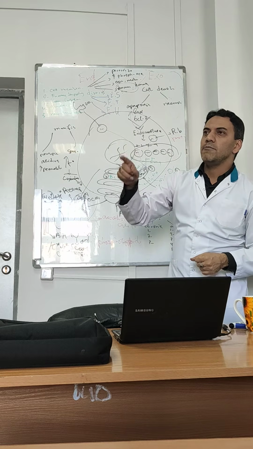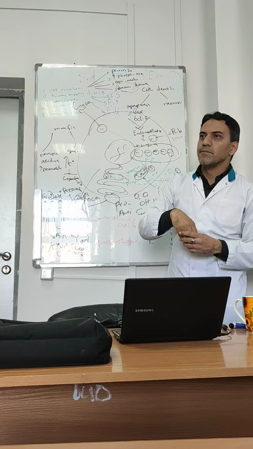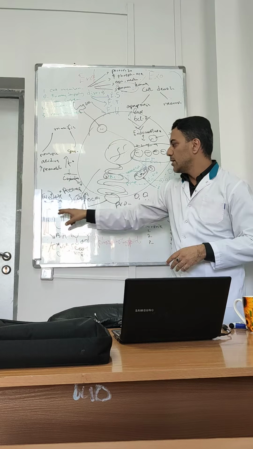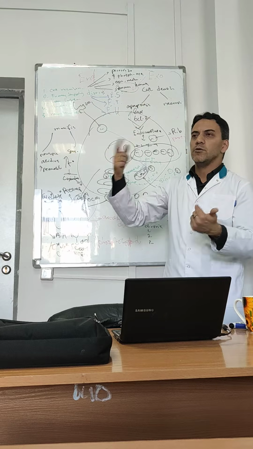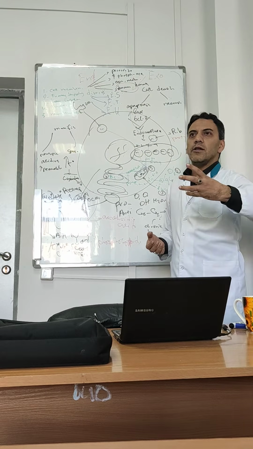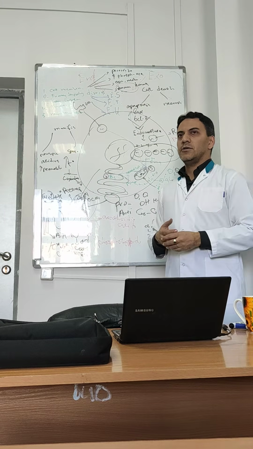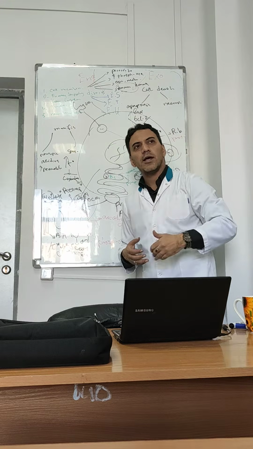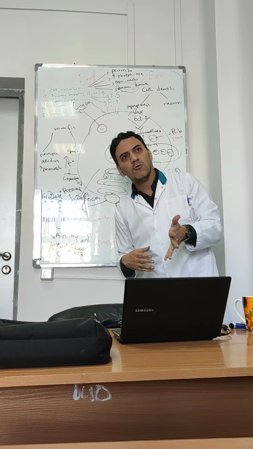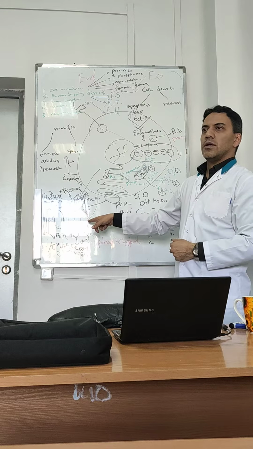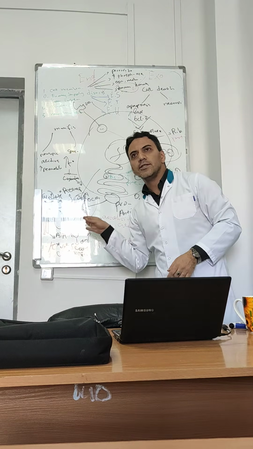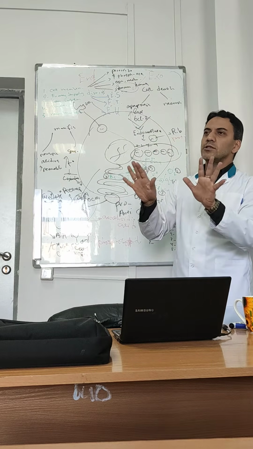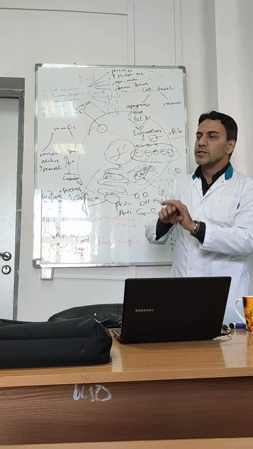Autoimmune diseases can develop. Why? Because the cell membrane could be changed, and then the immune system will not recognize it, so it will destroy it as a foreign body. Can you believe? And also ion imbalance, because we have ion channels in the membrane. So these are the consequences of cell membrane damage.